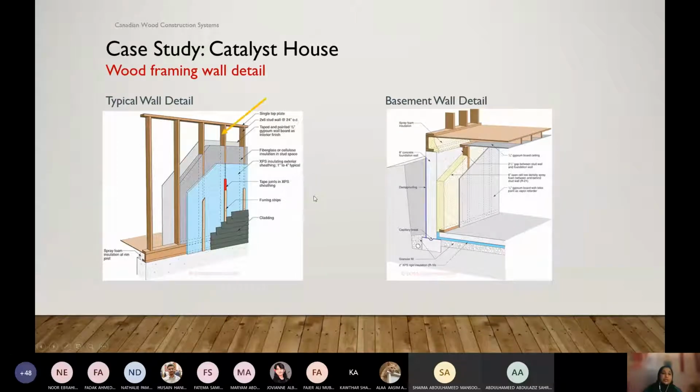So what we use is our wood framing. This is a typical wall, and we use insulation in between. That is another reason why we use the wood framing, because we can put insulation inside. Think of a concrete wall, but then we need to put extra insulation, extra wood framing. The cost would be very high, and it will be very heavy if we use concrete or brick. The wood is light at the same time, and we can have insulation embedded inside.